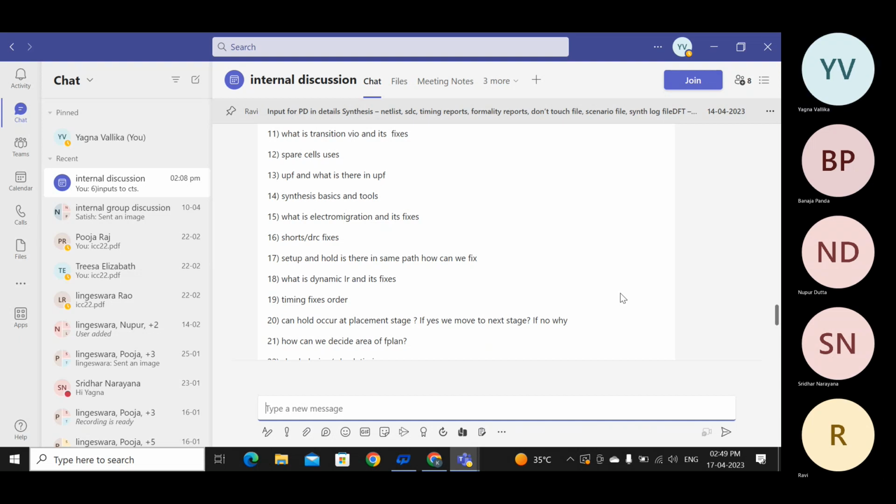Sorry? Sir, one small doubt, like nowadays we can add cells in any part of the design. Means if you want to add any functional cell like an AND gate or OR gate, we can do it directly, right? See, that's what is an ECOable filler cell. Okay. The problem is,